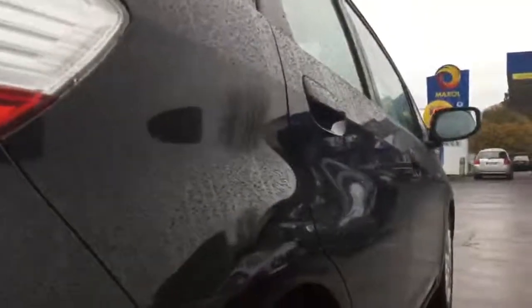It's raining today, so as much as I'd love to try and document condition, it is a little bit difficult in these conditions. But I assure you, the car is a 2009 car and it's in good condition, as you'd expect for a 2009 car that's going to be on our forecourt. So panels all the way down the side, nice and original, and all the way down the passenger side of the car going back up towards the quarter panel on the rear in nice condition too. At the back of the car in 2009 there was a nice LED taillight set up along through there,